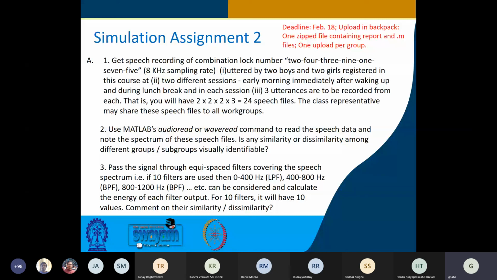And again, I'm saying that I've said 24 speech files. If you get more speech files, perhaps you can have a better way of doing things. But it is up to you. This is the bare minimum, and given the 2 girls may not be there in every group, I mentioned it here because of the lower number of girls. So it is up to you. If another set of boys and girls contribute, no issue. Is it okay?